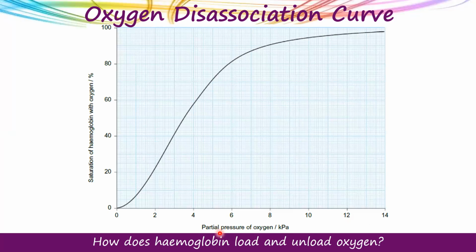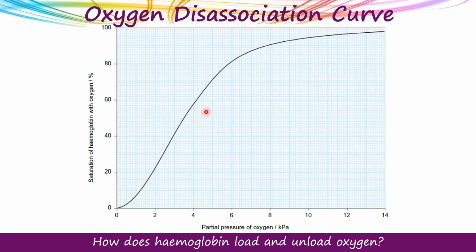So you can see the partial pressure, which right now they have given in kilopascals, and you can see the saturation of hemoglobin. Okay, you do not need to worry about this part here. Just notice that as the partial pressure is increasing, or you can say as the concentration of oxygen is increasing, just look at the curve. This is a percentage, so it is almost fully saturated here. It seems like around 98%. So it is 98% saturated with oxygen. Okay, we are talking about hemoglobin, right?